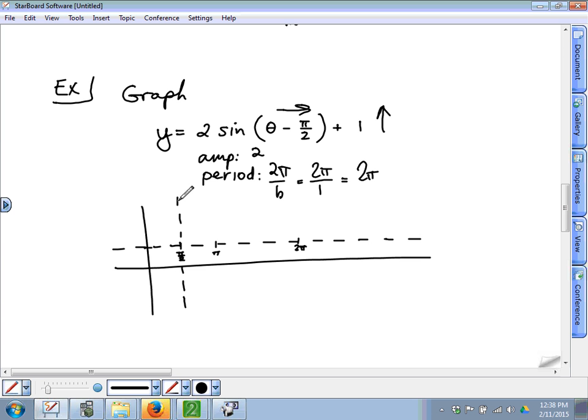Why did I move it right there? How far over did I move it? Pi halves. Why did I move it pi halves to the right? Isn't that what we were supposed to do? Pi halves to the right? It's negative, so you have to. So